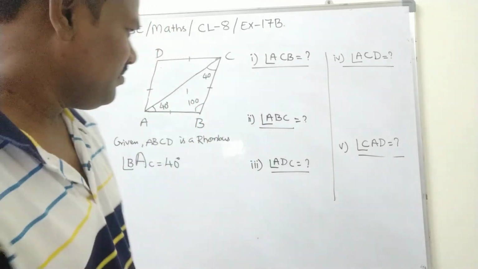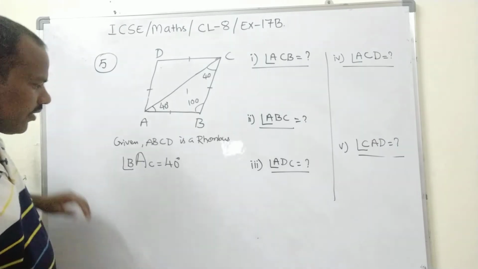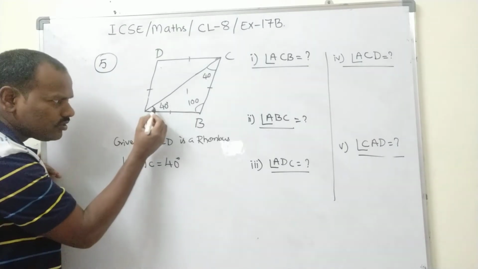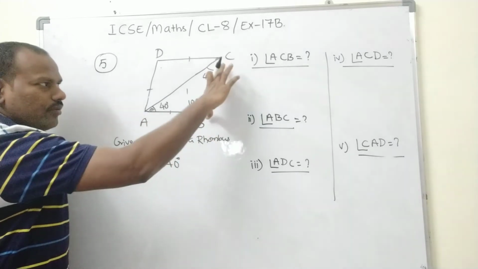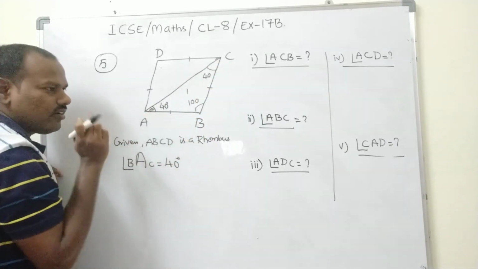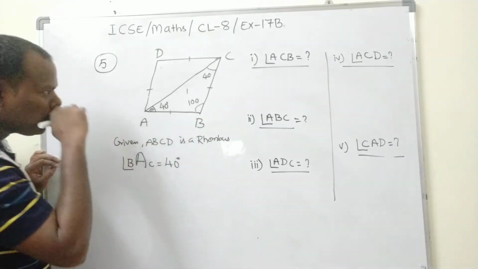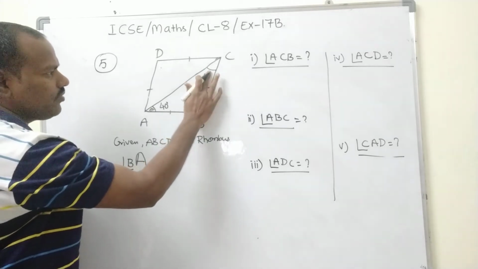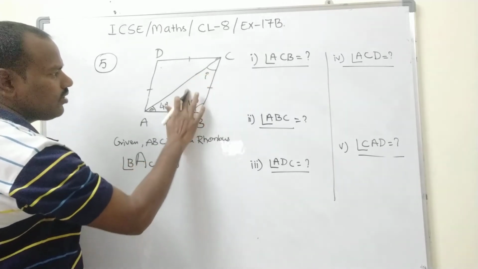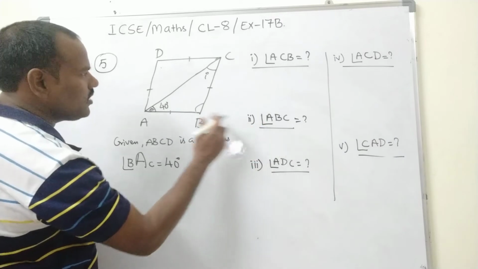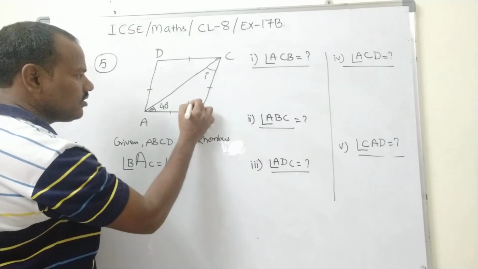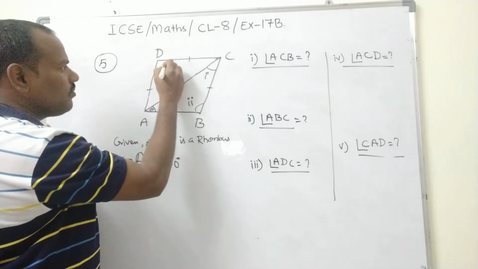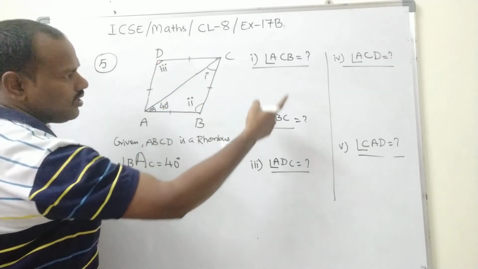Let us do it. ABCD is a rhombus. Look at here, vertex A. I have increased the size, means you need to look at this part. In between B and C, that is called A. Now let us find out angle ACB. ACB, this is the first one, we need to find out. Next one is angle ABC. ABC means angle B itself. This is the second one. Roman number 2. Angle ADC. ADC, Roman number 3. And ACD.